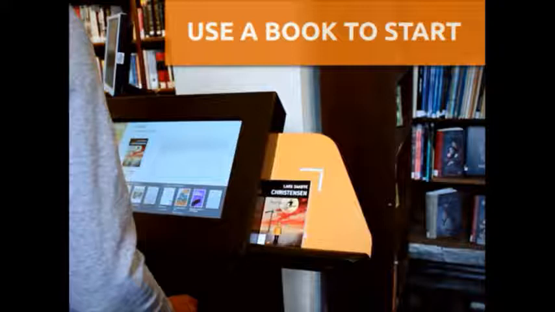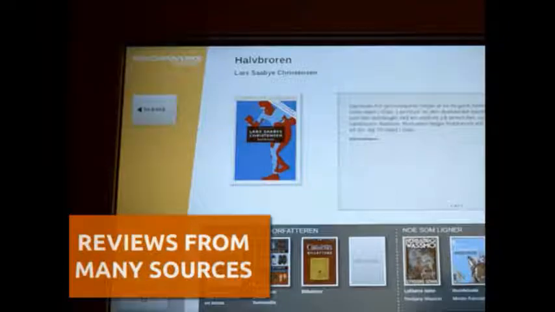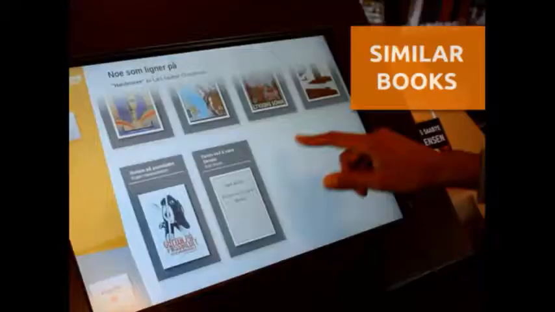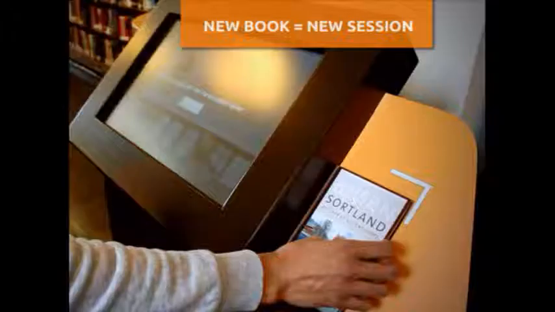And then it queries the RDF store and external APIs to present information that is relevant to the book, like reviews, more books by the same author, and here you only have one title or one work, not all the editions we have of a work, like you have in the OPAC. And similar books. And if you put another book on the shelf, it starts a new session.